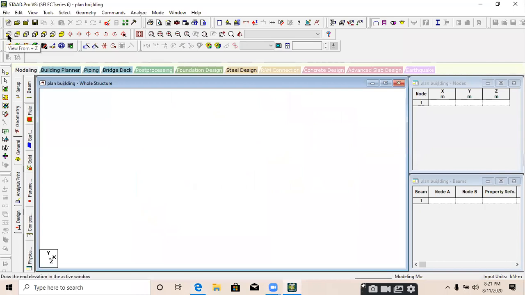This first one is for front view, second one is for back view, third one is for left side view, fourth one is for right side view, then top view, bottom view, and last one is an isometric view. When we open the software, it is by default in an isometric view. So we will go to the top view because plan is visible from top view. It is compulsory to take top view to draw a plan.